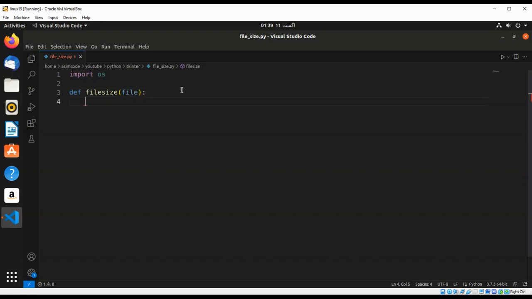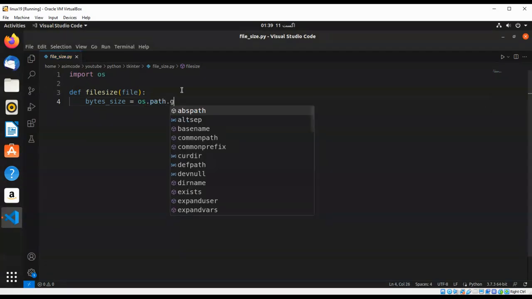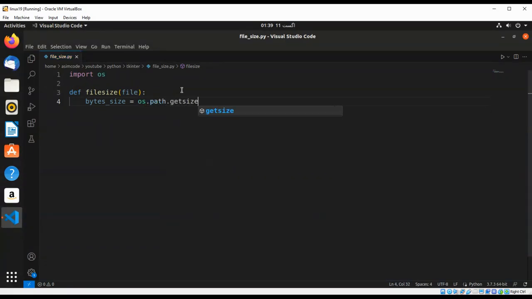and now we are going to calculate the byte size first by using os.path.getsize, and we are going to pass in the file,